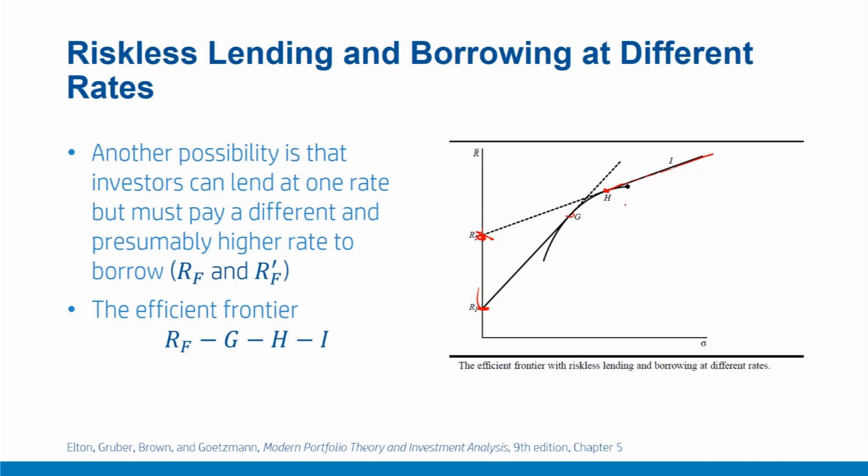So the risk-taking investor has the efficient frontier where the risky portfolios lie on the GH curve. So he can invest on the GH curve. And after H, the tangent line that joins RF dash to H. So he has this GH curve and then from H onwards, the RF dash H line extends from this point H. So for a risk-taking investor, it will be something like this. This is GH and then the RF dash H line extended beyond point H.